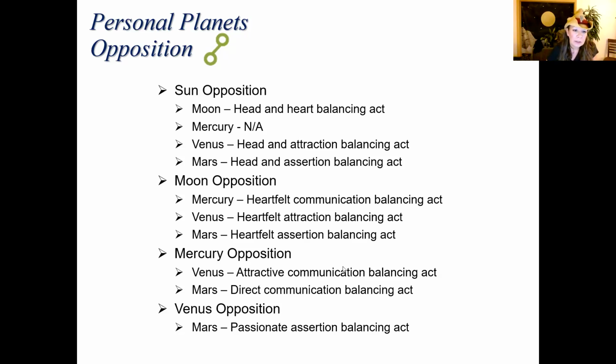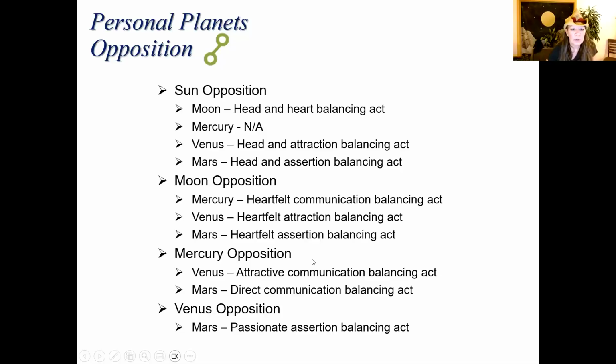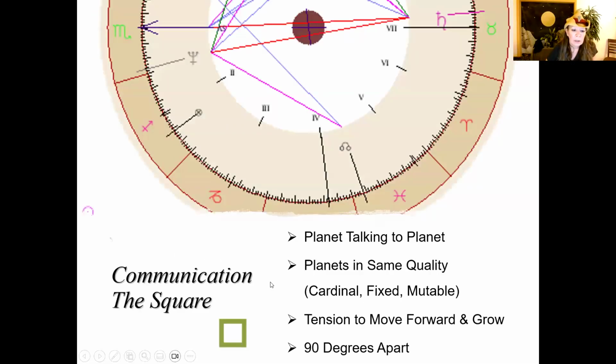So those are oppositions. I know that we are getting close to the time, but I'll show you that now that we know oppositions, it's going to be very easy to roll through squares. Same thing as oppositions. Now we're going to go into the square. Oh, the square. Thank God the symbol of a square is actually a square.